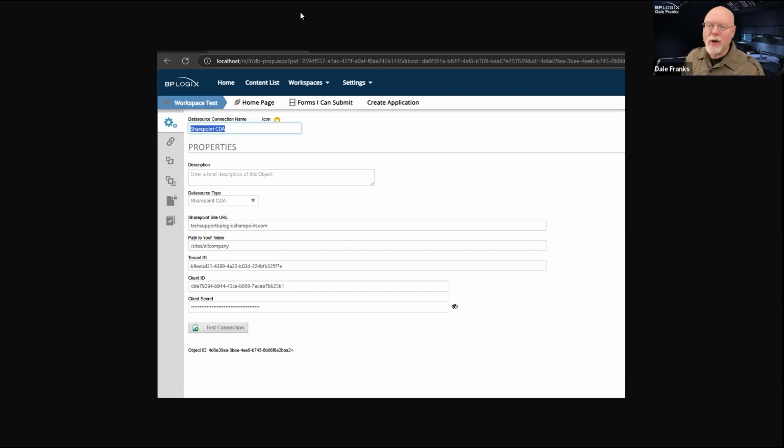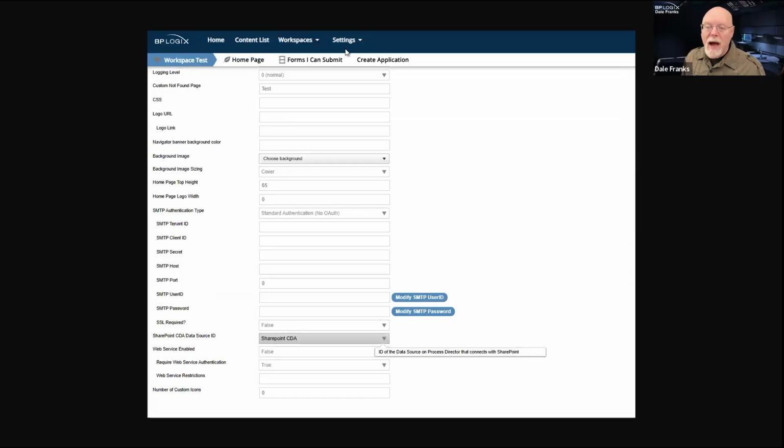In addition to that, there are also going to have to be some changes to the installation settings page. And so we are going to have to add this SharePoint CDA data source ID. It will be a dropdown which contains your data source ID. So this SharePoint CDA data source that we just showed you, technically you could have more than one SharePoint CDA on your system, and you would have to go to your installation settings page and choose which of those SharePoint CDA data sources you wanted to use for that particular instance